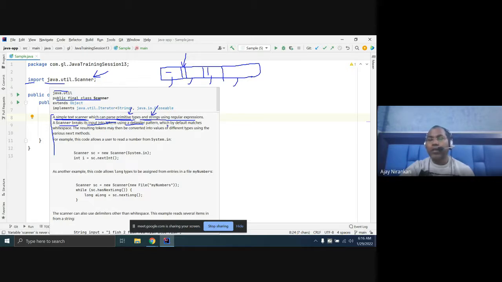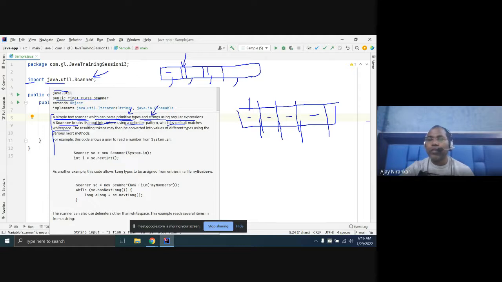By default, it matches white space. So whenever you write any statement, look, this is a statement. Space is the default delimiter. From the space, the class splits the first word, second word, third word, fourth word.